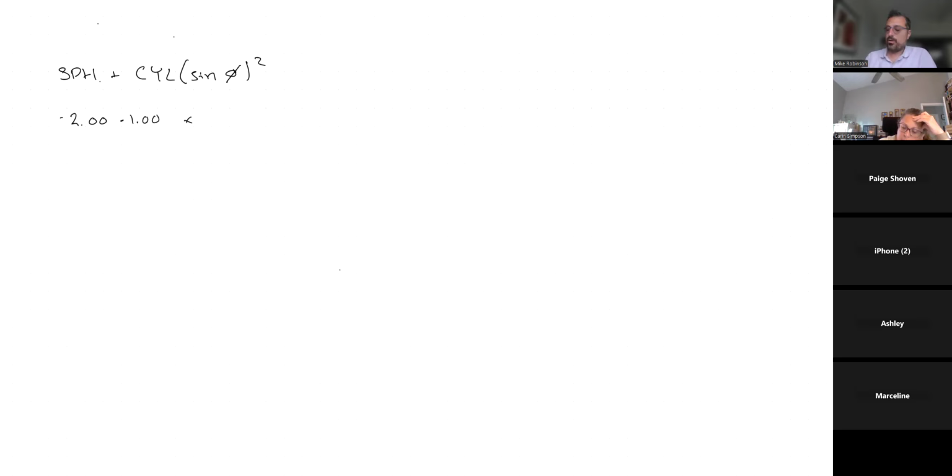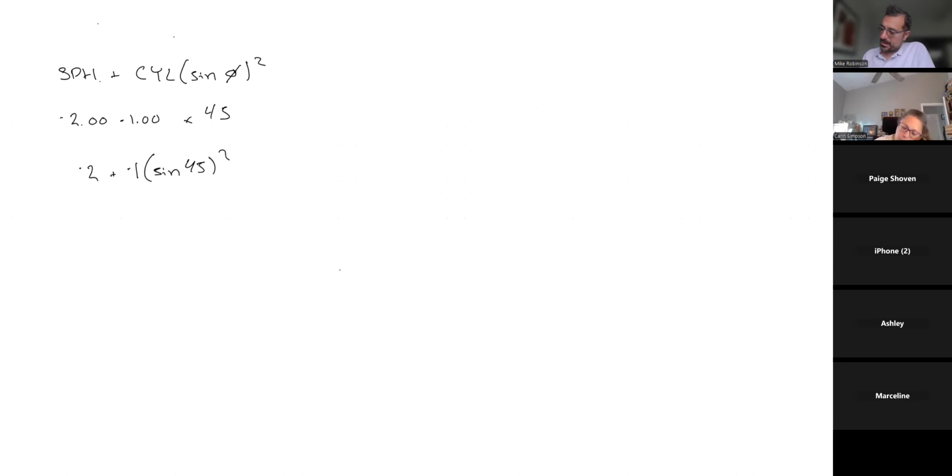But if we follow the formula that's given, we'll take the 2 plus the cylinder 1 times sine, and the difference between the 90th meridian and the 45th axis is 45. So we would do sine 45 squared, which then breaks down to,